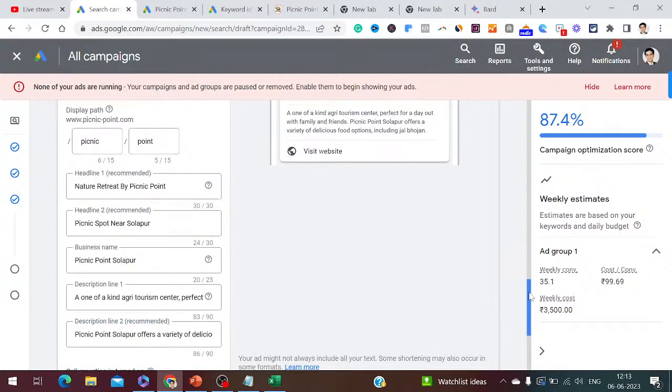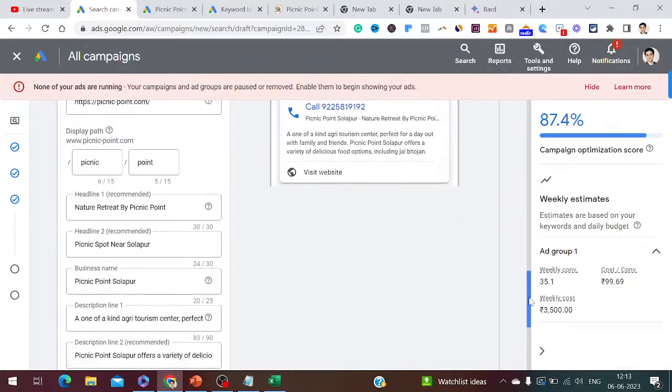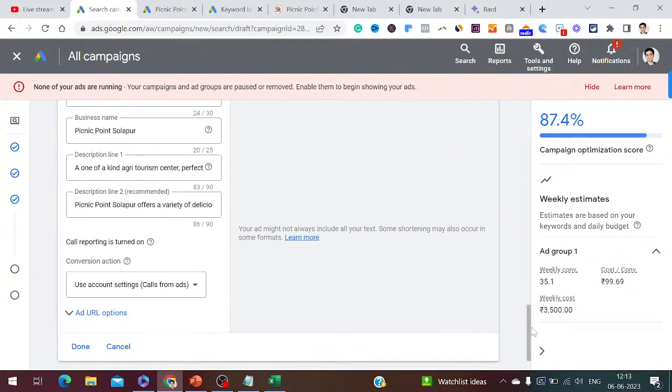Okay, so how you can see here, right? Conversion action is counted from hash. Okay, then